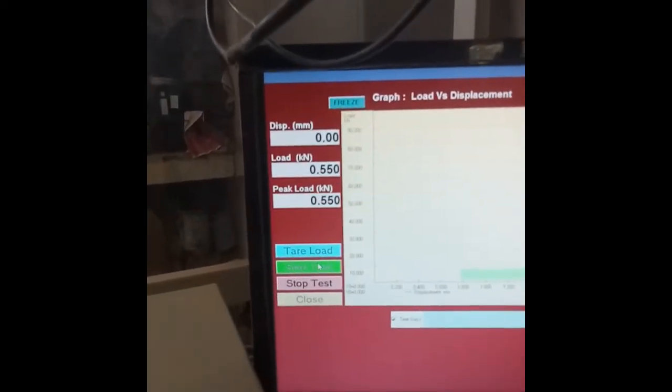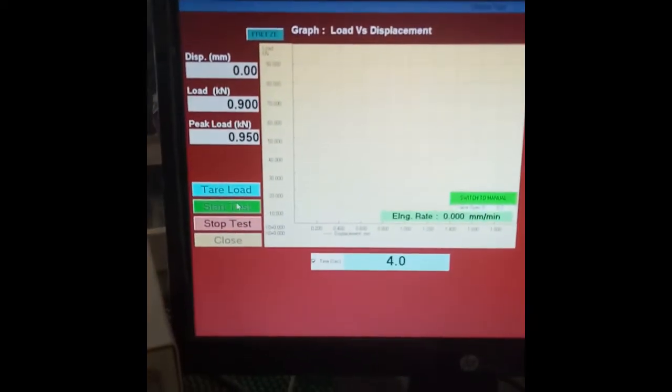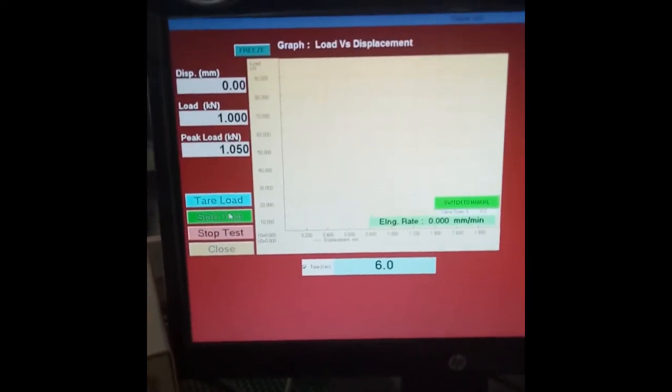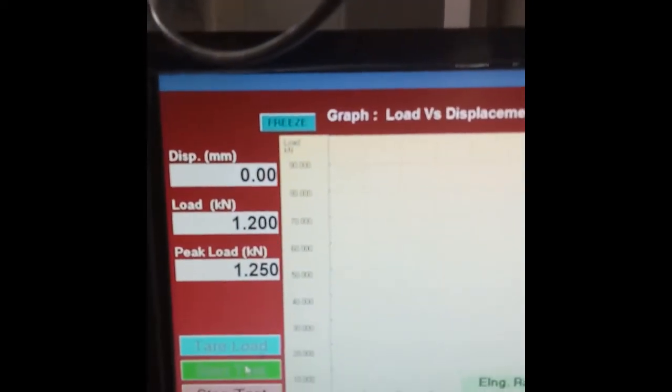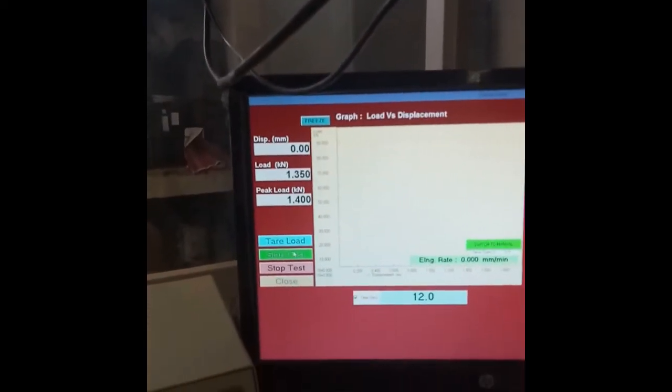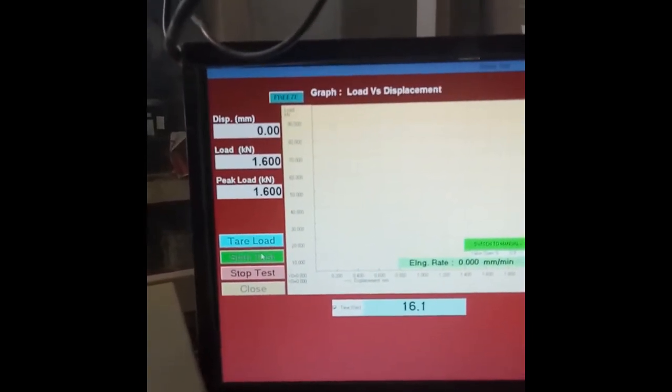Now the reading is changing, so we have tared and started the test. Now you can see it is 0 and then it started. So now the actual test has started. Now the graph will get plotted.